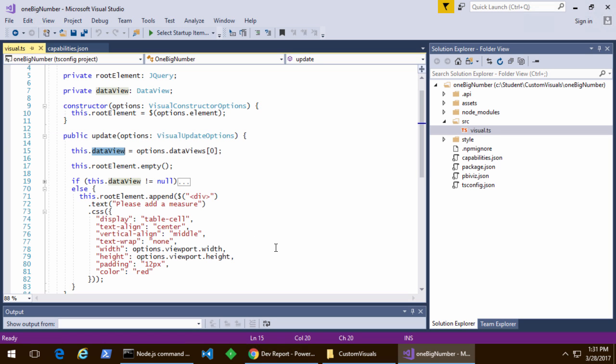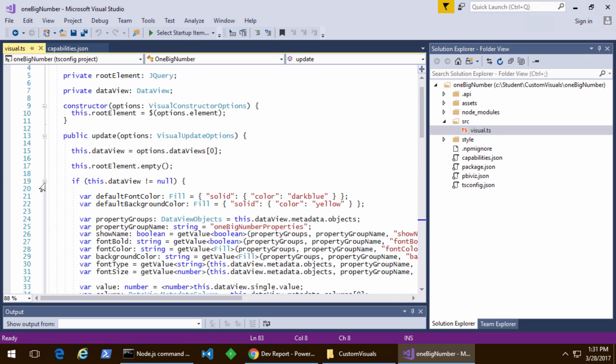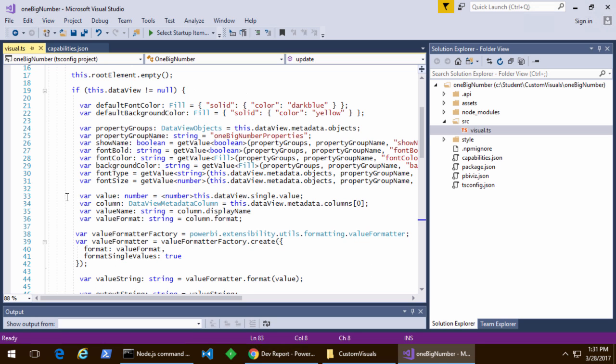So this data view is going to be null when there's no fields added. And once we add that field and the data view becomes valid, you have a non-null value, and that's how I'm able to call out something, basically saying you need to add a field before I become a valid visual. Now, if there is a data view, you can see that when it's time to pull that number out, we're